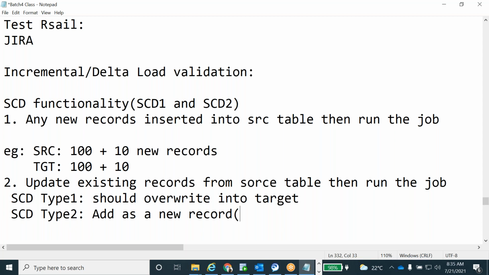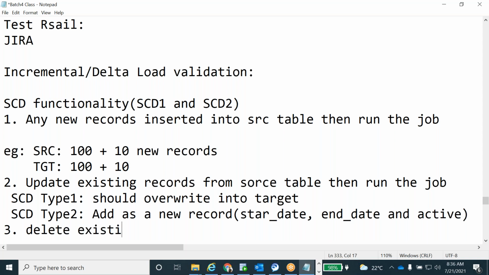I already explained, based on the start date, end date, and active flag. So based on these three columns, we differentiate whether it is an active record or an old record. Okay, clear guys? Next will be delete